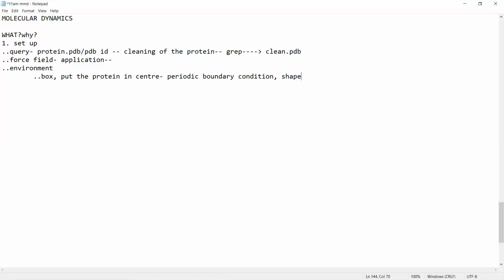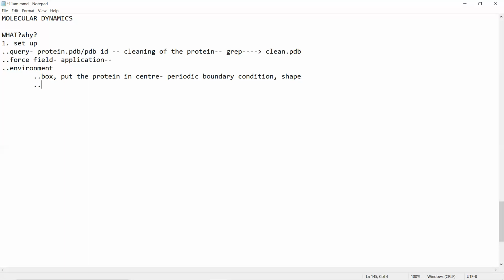We should not allow a bigger space to the protein I'm working on, and we should not allow a very small space so that it will diffuse out of the box. So that is why we define the shape depending on the protein and not the size. Size will be defined by GROMACS only. We don't have to bother about that. Okay. These are the two conditions which you have to keep in mind while defining the box.